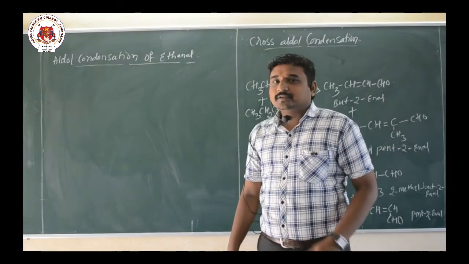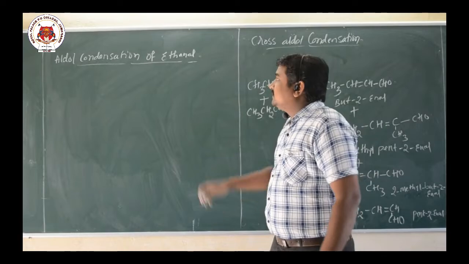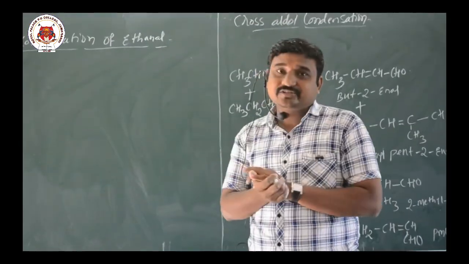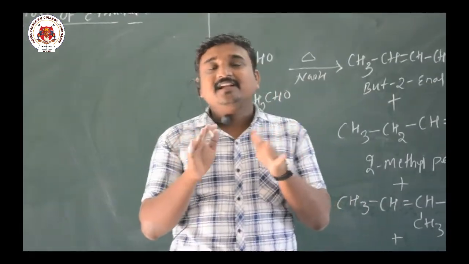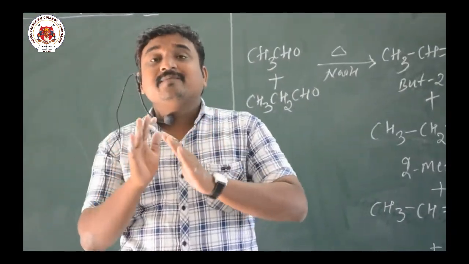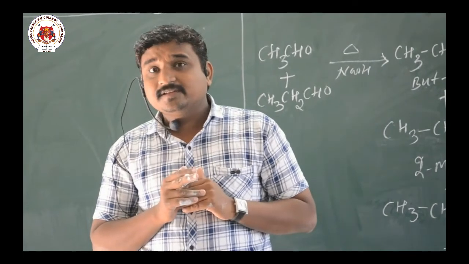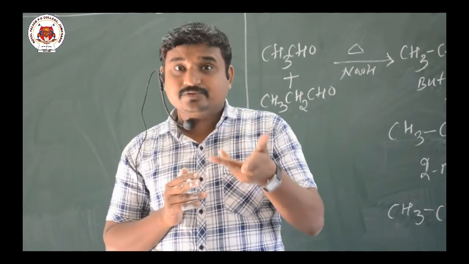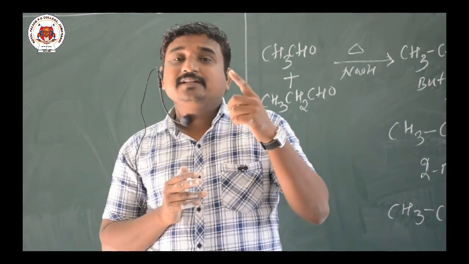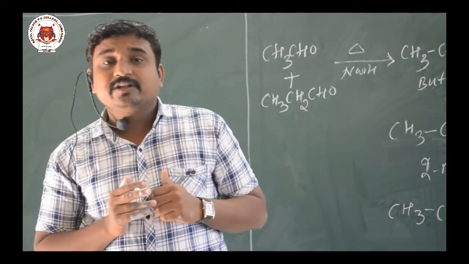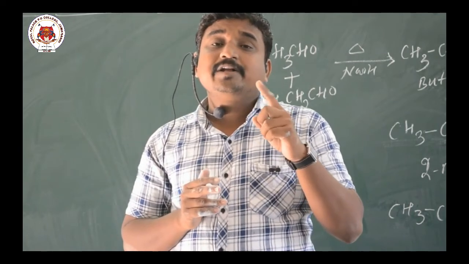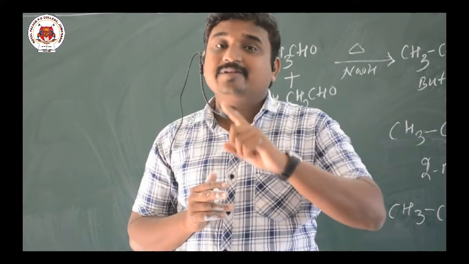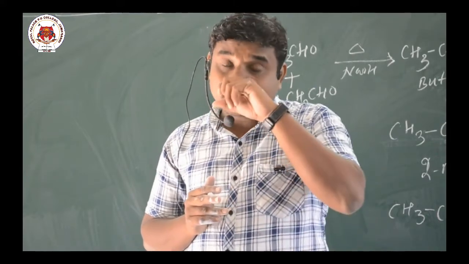Okay. So next, I have given the explanation for the aldol condensation reaction. In the aldol condensation reaction, the condensation of two same aldehydes or ketones takes place. So there is a formation of beta hydroxyaldehyde or ketones. Then there is an elimination of a water molecule, which gives an alpha beta unsaturated compound. So between the alpha and beta carbon atoms there is a formation of a double bond, hence an alpha beta unsaturated compound will be formed.